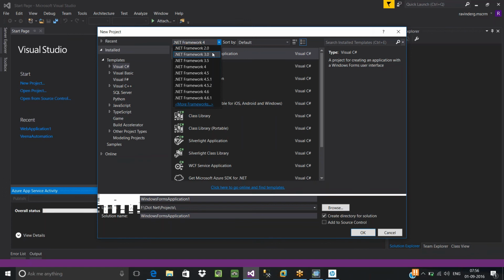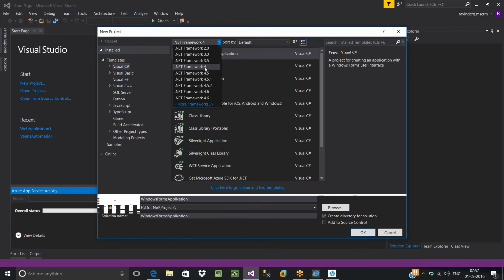And the next version is 3.0. This was introduced in 2007. And the next version is 3.5. This was introduced in 2008. Next, .NET Framework 4. This is one of the advanced versions of .NET. It contains advanced features and technologies. It was introduced in 2010.